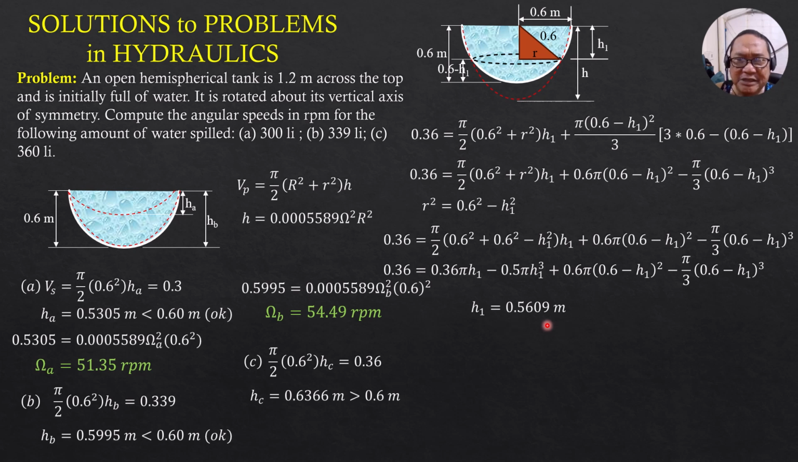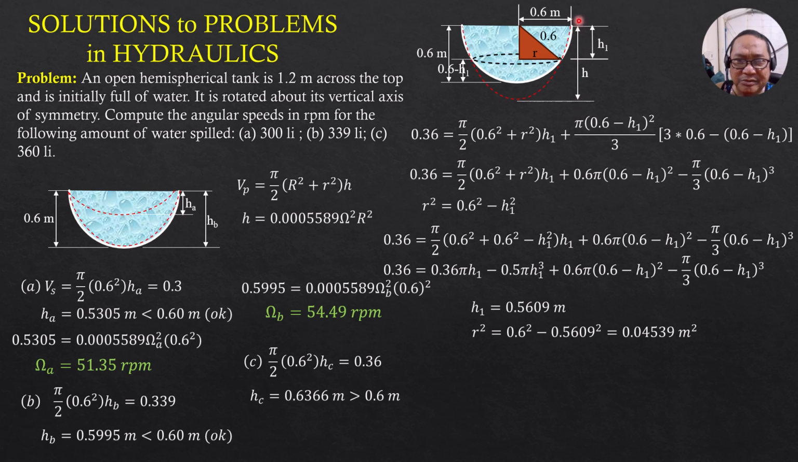Having found h1, we can now compute r square and solve for h by square property of parabola. So r square is 0.6 square minus h1 square, minus 0.5609 square. So it is 0.04539 square meter. So take note that is r square, that's not r. Then by square property of parabola,